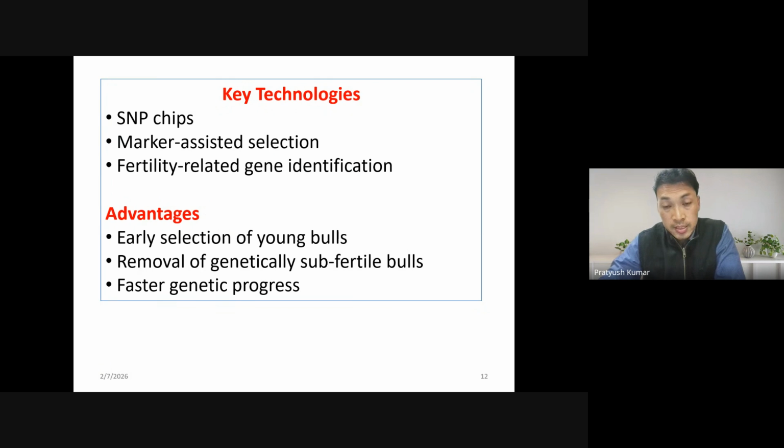I already told you that generally we go for bull selection at the earliest, after 6 months. If you are planning to use this bull for semen collection, it should be decided early, pre-selection of these male calves. For that, they should be provided extra ration or other genetic tests. This is a genomic test. Some other tests should be done during the early age.